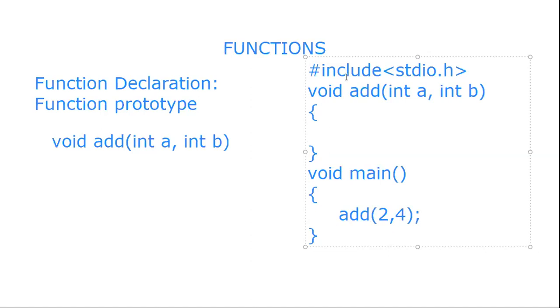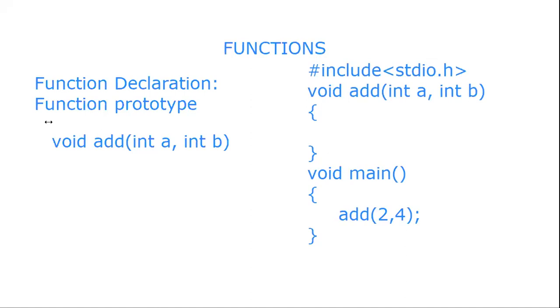We can write the function before main or after main. Note that the function can be defined before main like this, or it can be defined after main. If we are defining before main, we will simply write the definition of the function, then main, and call it inside the main. This is one way. Or we can have another way. This first way is simply the prototype along with the function definition. Otherwise, we can write like this.